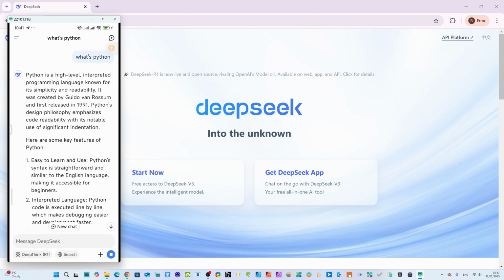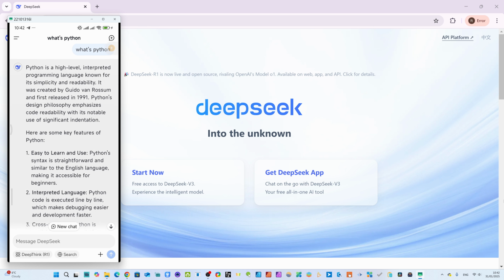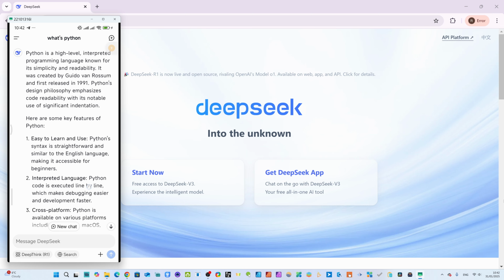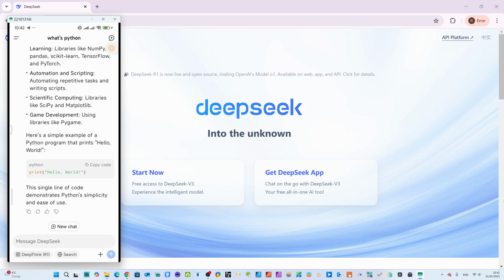We can read here, Python is a high level interpreted programming language known for its simplicity and readability. It was created by Guido van Rossum and first released in 1991. Python's design philosophy emphasizes code readability with its notable use of significant indentation. Here are some key features of Python. You see, very fast, it writes.